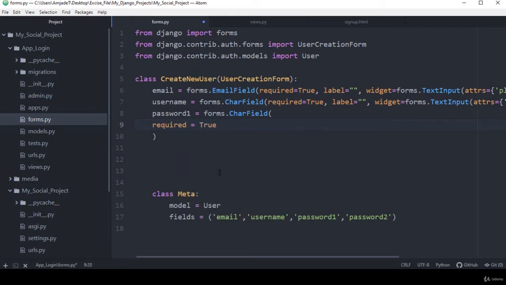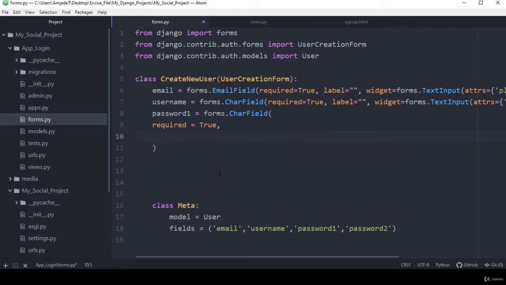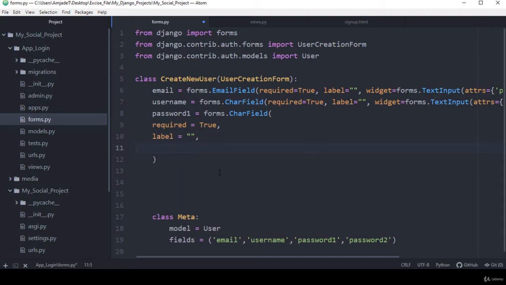Okay, required will be true, and then I also want to put some label. Our label will be empty. Then I want to make one of the widgets, because here I also want to put some placeholder. That means with this widget we have to add our forms. That means with these forms there will be another input field type as a password